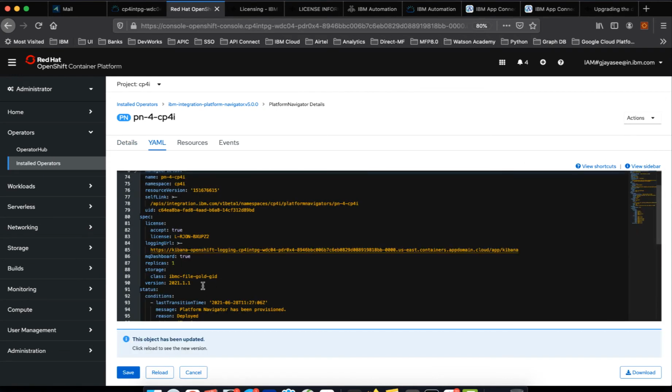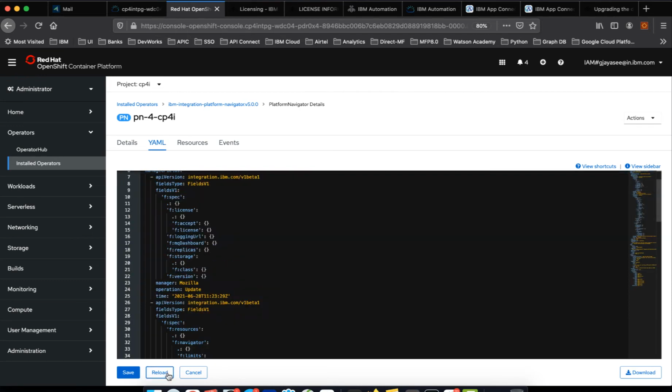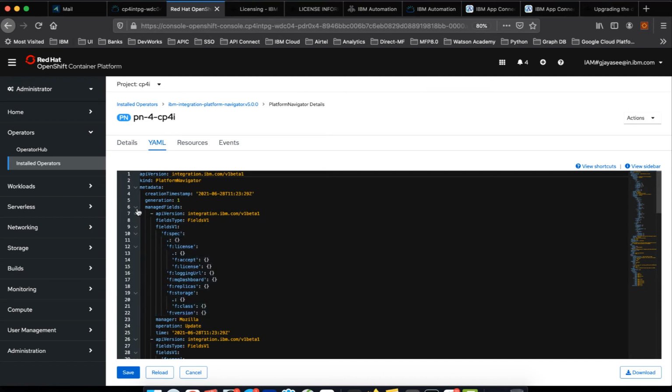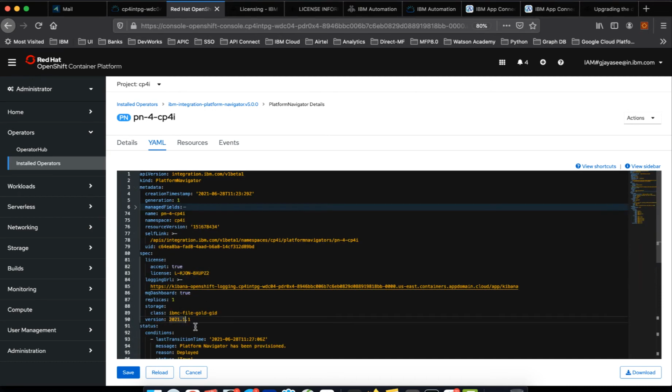We have to make two changes. One is the version, other one is licenses. But if you get to see this, the object has been updated, reload to see the new version. So reload it, make it 2, and then I'll copy it, and then I'll tell you what changes I made.